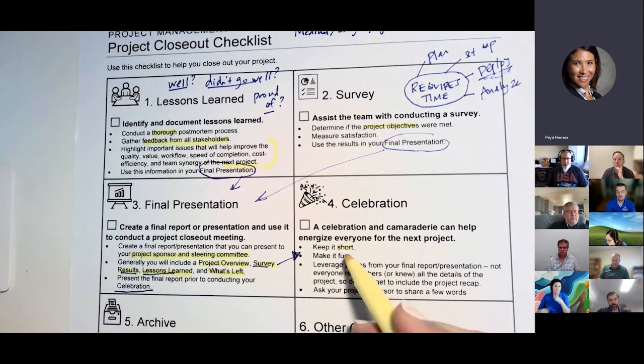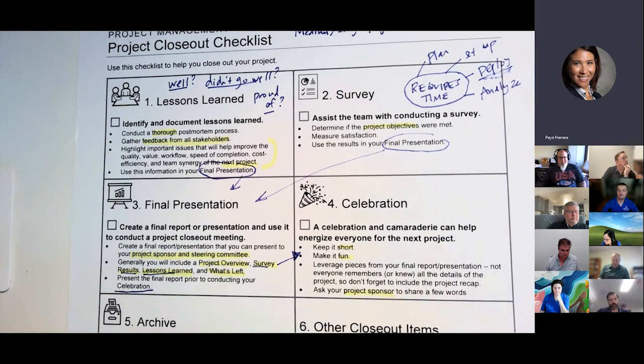It doesn't need to be complicated. It's just short, fun. It's a time to get people together, pull everyone back and let them know on your project team how awesome they are, what we accomplished, you know, provide some stats from the survey or, you know, all those great things. Ask your sponsor to come and share some words. That's really meaningful when the person who really cared the most and was most vested in the project comes and shares out. I want to share with you what some celebrations have looked like for us virtually.